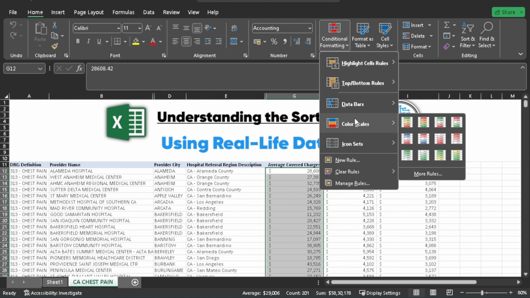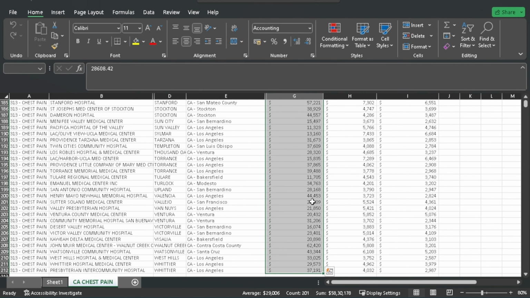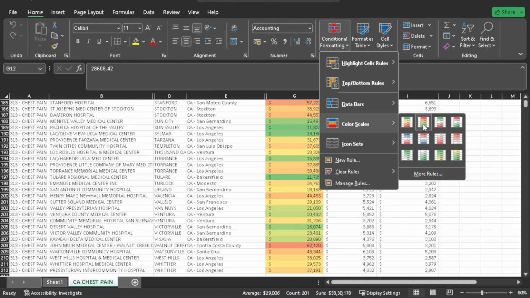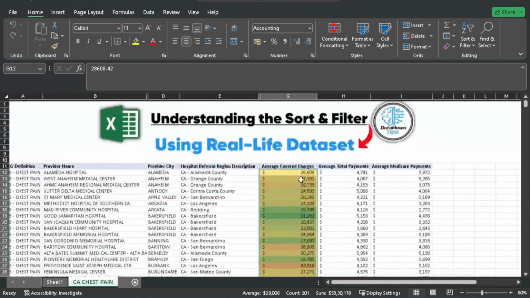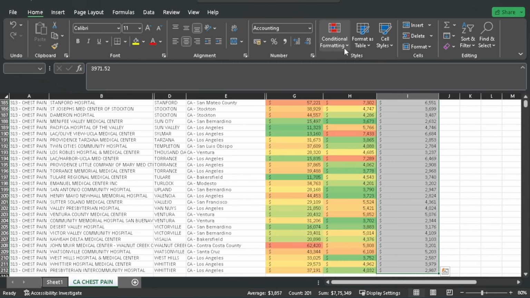And then the next option is Color Scales, which we are going to use to highlight our cells for most and less expensive hospitals. We will select the first column J and go to Color Scales. As you can see here, there are many options of color patterns, but we are going to select this color pattern. As you can see how beautiful and more expressive this report has become now. So let me quickly highlight columns K and L now.